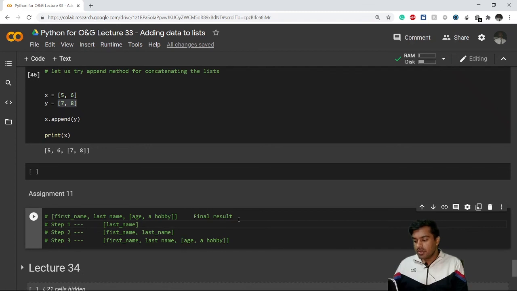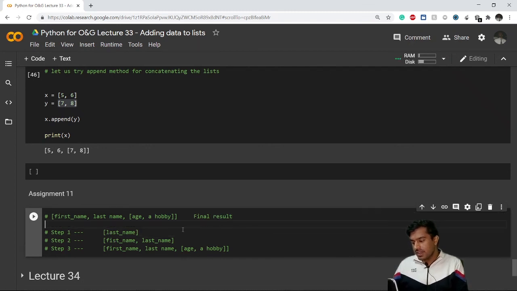So in what order you have to do is, first create a list of your last name. See, in this preference only you have to do this assignment. So you will be able to use all the methods which I have told you in this video. Just create a list with a single element, that is last name, then add first name at the 0th position, then add this list of age and hobby at the last position.